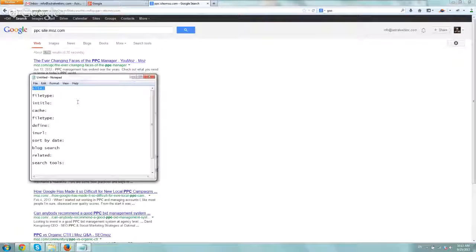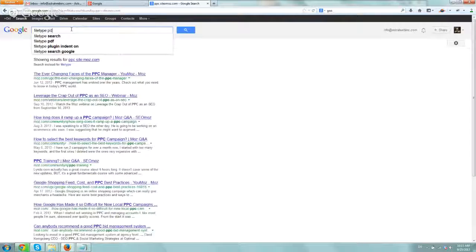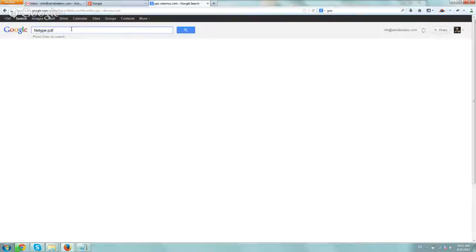Okay. The next search operator we use is file type. Same idea. File type refines your search within a specific file. So if I'm looking for, let's say, just the PDF, and let's say our